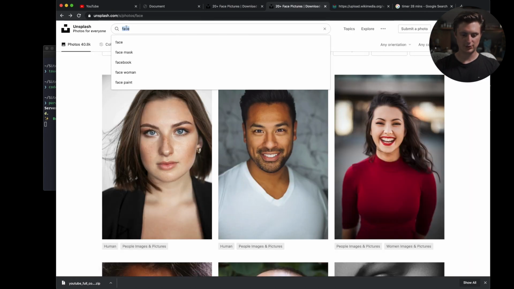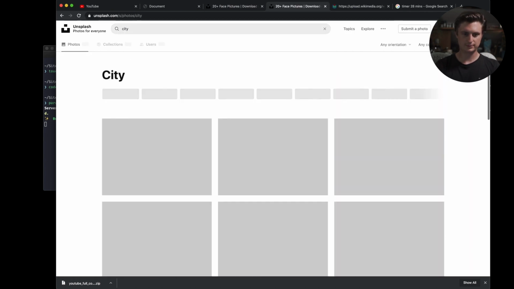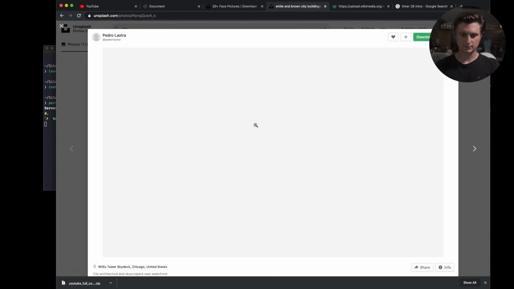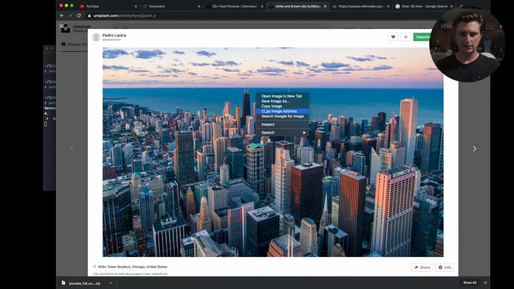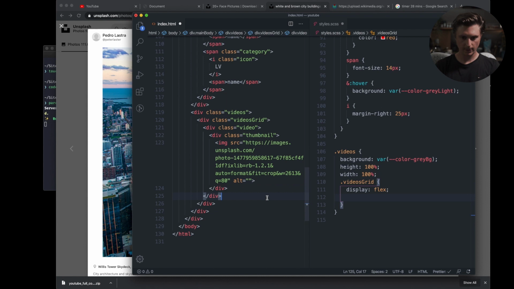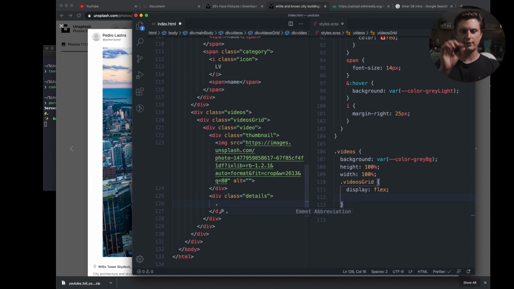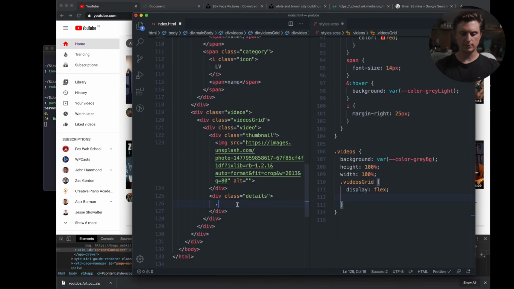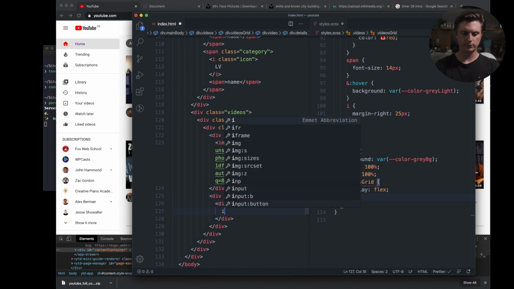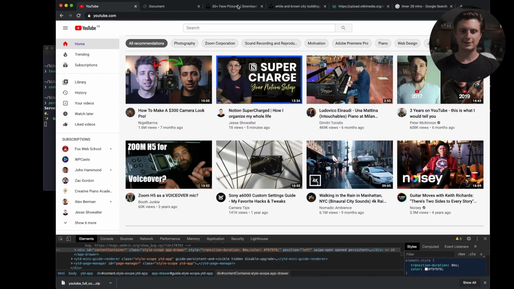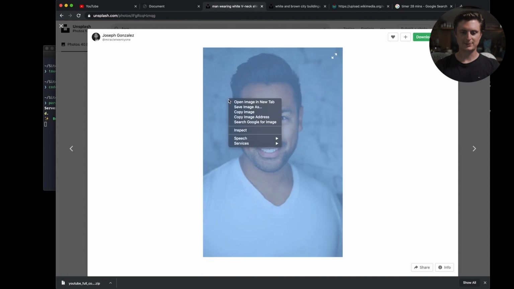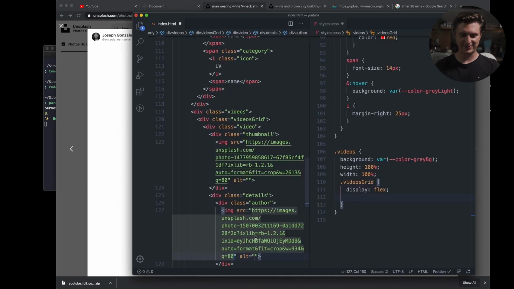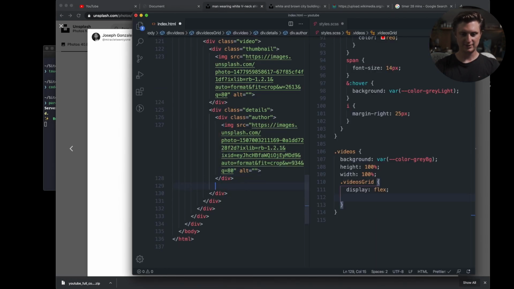So let's just take any image, and then under thumbnail I'm just going to do details, and then the left hand side is going to have that little thumbnail of the person. So we just do author, we do image, and I could take this guy's picture that I was trying to take earlier,